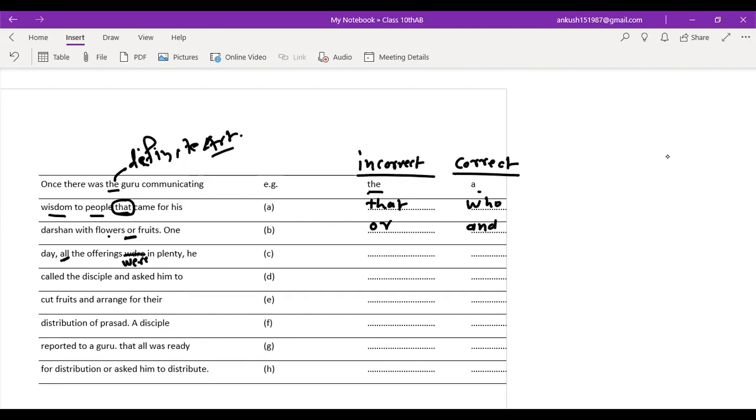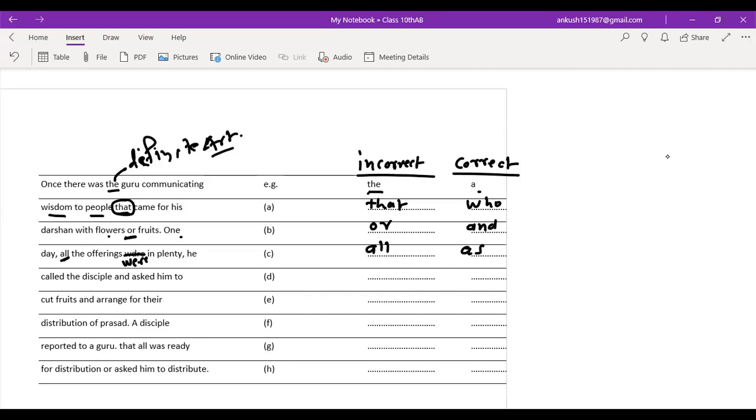Here it is given as an example of a reason. Then all would be replaced with as. Read the line: one day, as the offerings were in plenty,